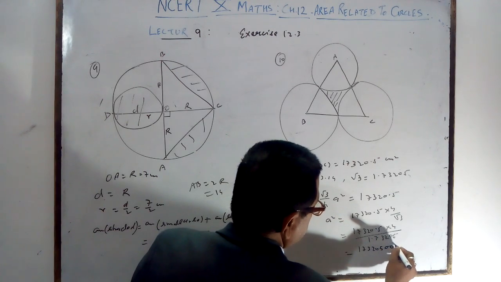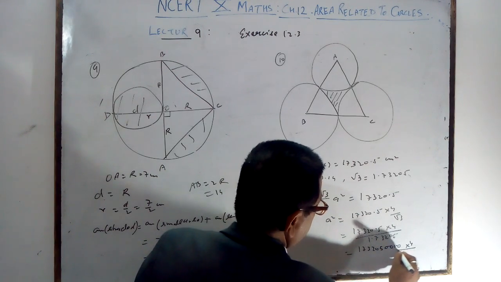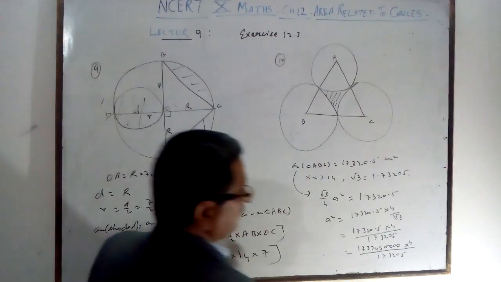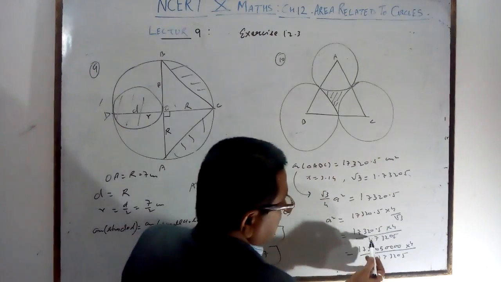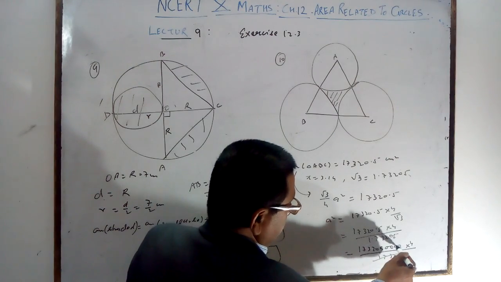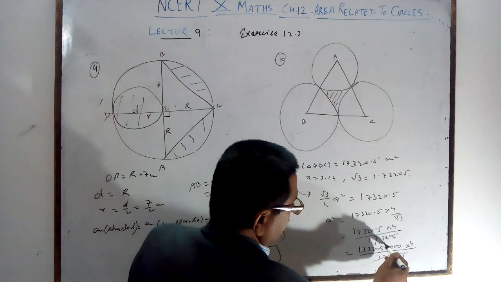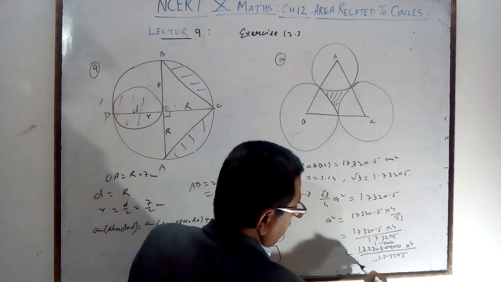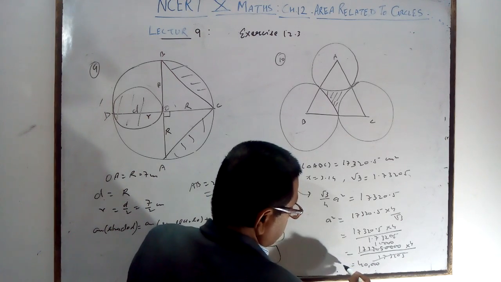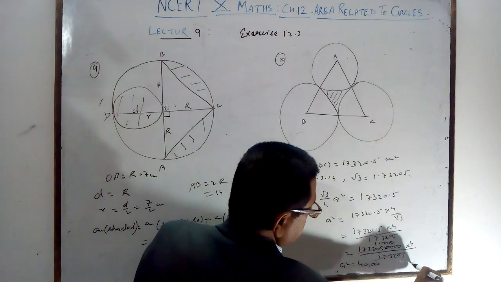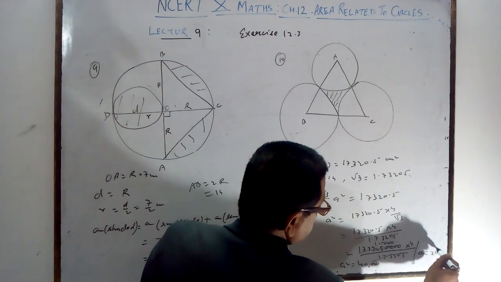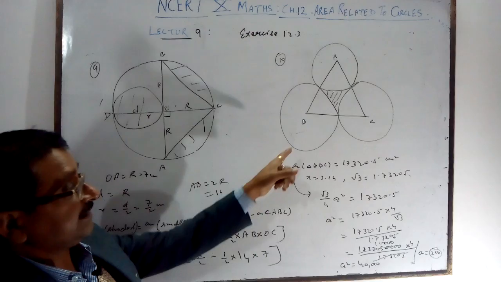17320.5, after this 4 zeros, into 4, divided by 17320.5. Decimal is removed. You are saying 1 decimal 5, and here 1 4 0. So this will cancel this and you are getting 1 after this 4 zeros. Means 40,000. It is the A square. Then therefore what is the A? Square root, that is 200. 200 is the side of this.